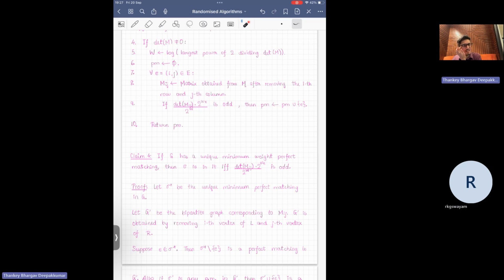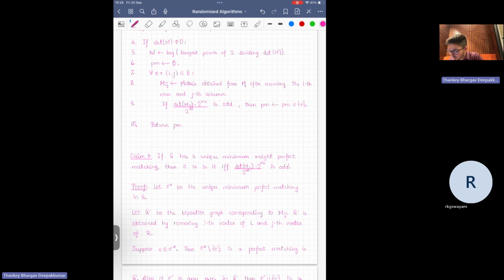So over here, I won't go into the details, but the model is this: multiple processors, all of them have a shared memory, all of them have random access to that memory. So in that model, the running time is order log square n if you have